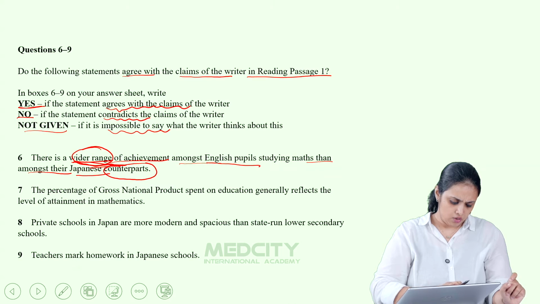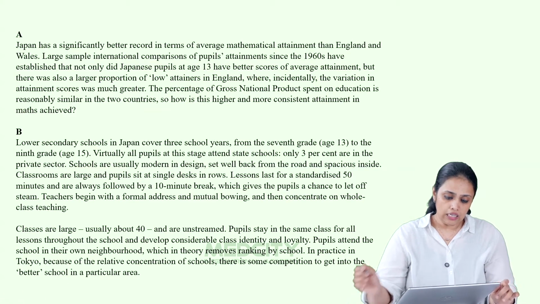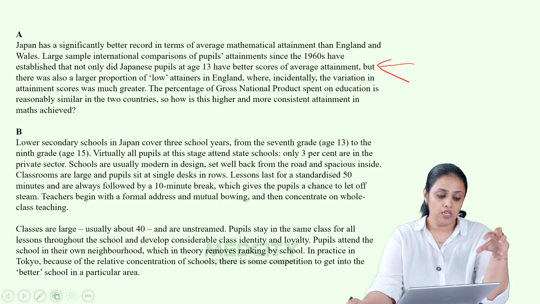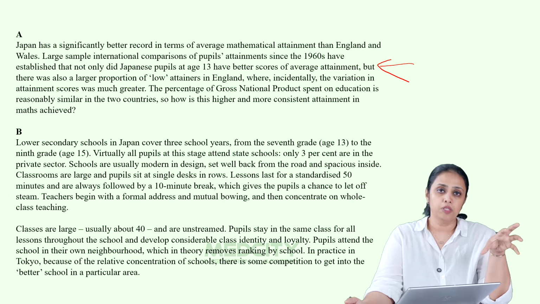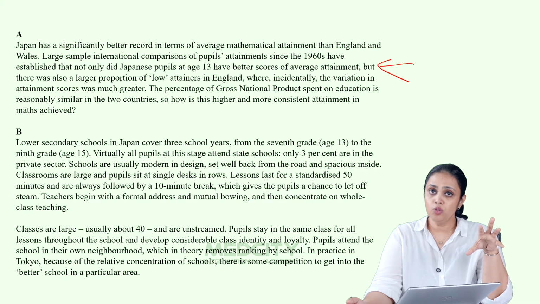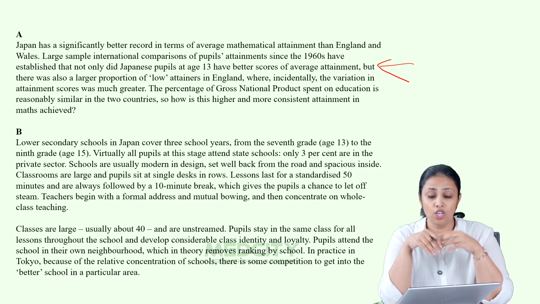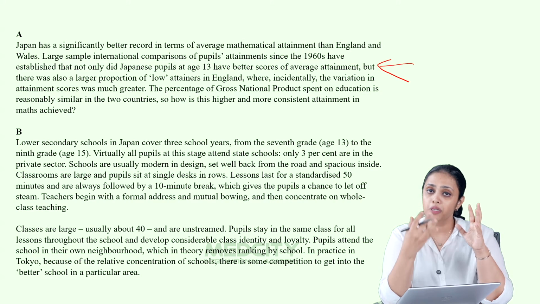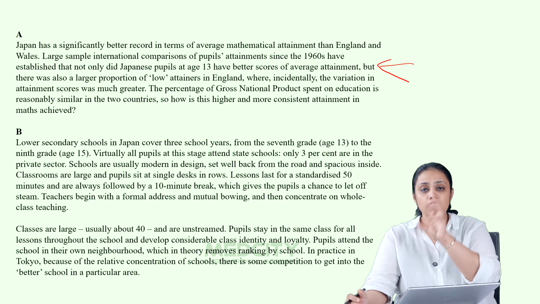Okay. Now let's go back and check in the passage what we can find out. Let me tell you, I would directly come to this section A. Why? Because you would have noticed the question numbers 6 to 9. Before this, as per the passage, the question type was matching heading. 1 to 5 was matching heading. When you do matching heading, you definitely get an idea about the main theme of each of the sections. So it is recommended that you follow the order of the questions as it is in the question booklet, because they have placed the questions in such a way,